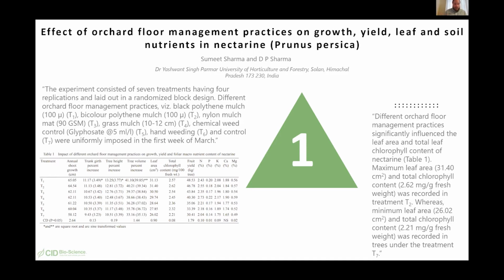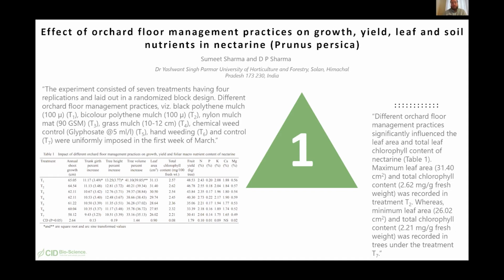With the different treatments, you can see that treatment number 1 with the black polythene mulch yielded the highest leaf area, or the second highest, I should say. Treatment number 2 with the bicolor polythene mulch had a very similar leaf area to the first treatment. Then there were significantly smaller leaf areas in the other treatments, with the control being the lowest leaf area. So they were concluding that these black or bicolor polythene mulches not only do a good job of retaining moisture in the soil, you also do a good job